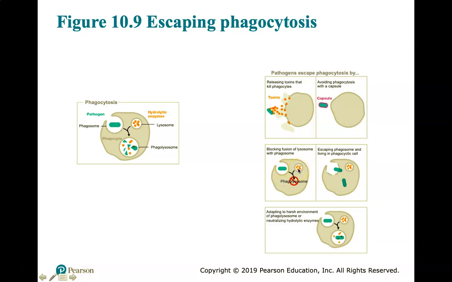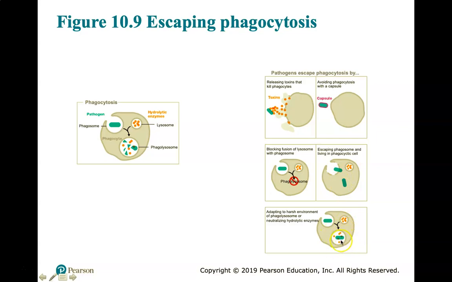In a healthy phagocyte, the lysosome and phagosome combine and the enzymes are released into the phagosome, whereas in this case, right here, they block that fusion so the enzymes don't get into the phagosome. Here we have cells escaping the phagosome into the host cell, the host white blood cell, and it's perfectly fine in there. And then lastly down here,